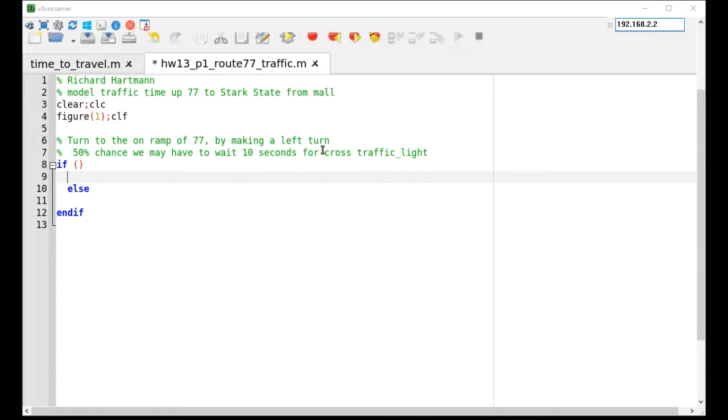If left_turn is less than, would you do like a less than 50? Almost. Remember that the random function gives you a number between 0 and 1. So you need to actually do a 0.5. So what you want to do is run the random function and say if the random value is less than 0.5,